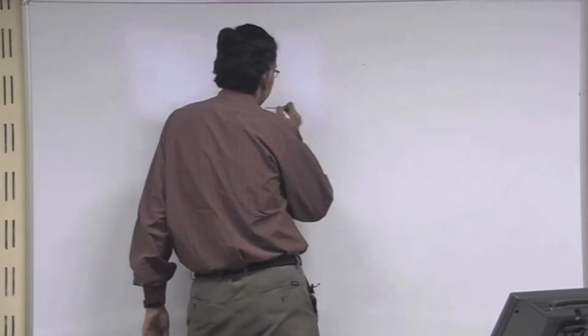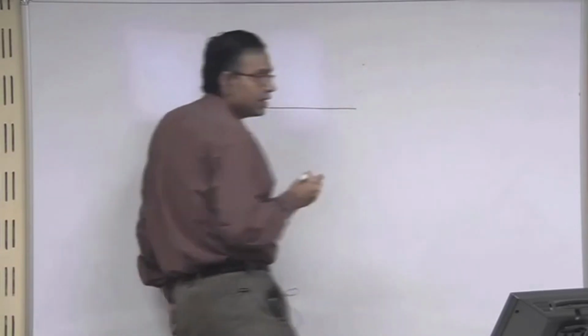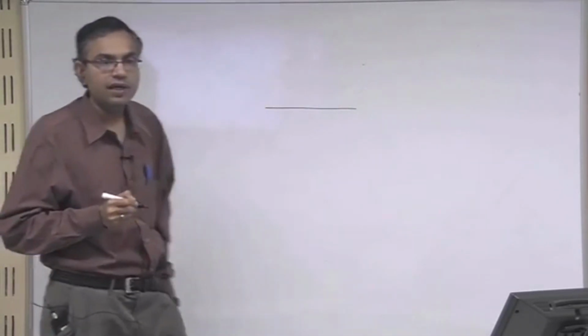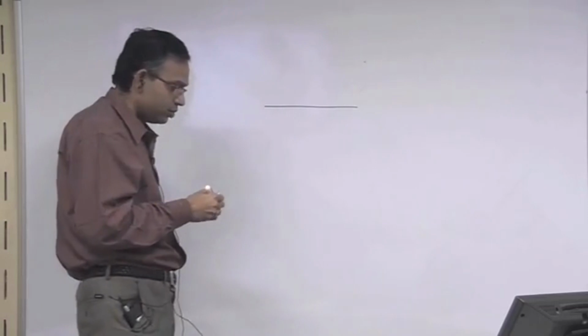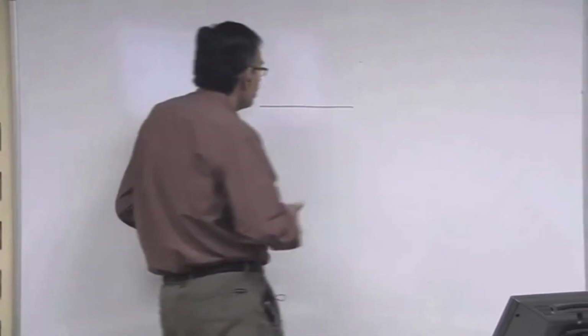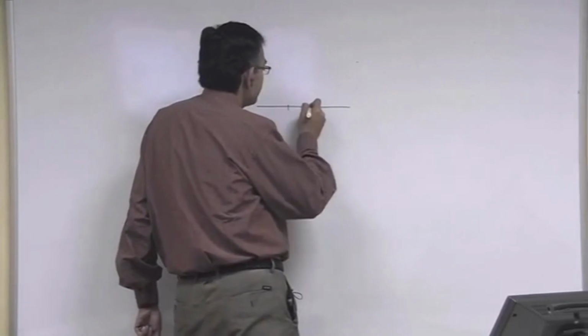Now to generalize, let us say that there is a free surface. For the time being, let us assume that the free surface is flat. In our next chapter we will see how to modify this if the free surface is itself curved, but for the time being let us assume that there is a flat free surface for simplicity. So let us take a small element